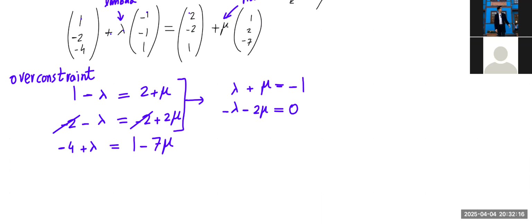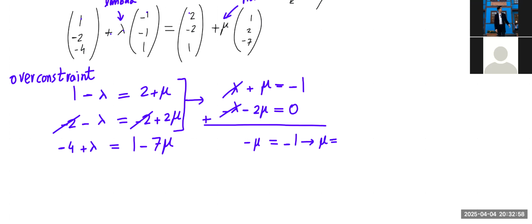Negative lambda minus mu equals 0, divided by 2? Negative lambda minus 2 mu? To get rid of the 2, right? No, no. So what I'm going to do is add these two equations together, because if I add these two, they will cancel out. When you add these two equations, these are going to cancel out and you end up with mu minus 2 mu, which is just minus mu, equals minus 1 plus 0, which is just minus 1, which tells me that mu is